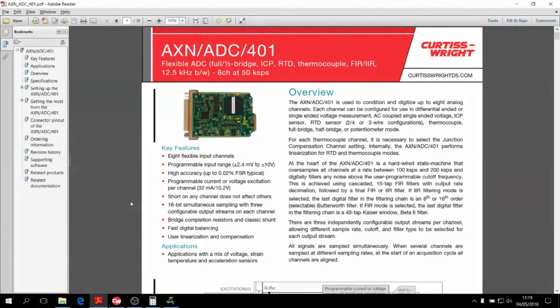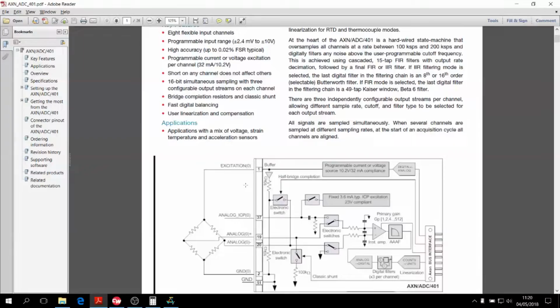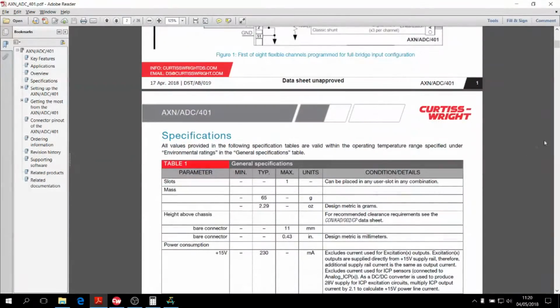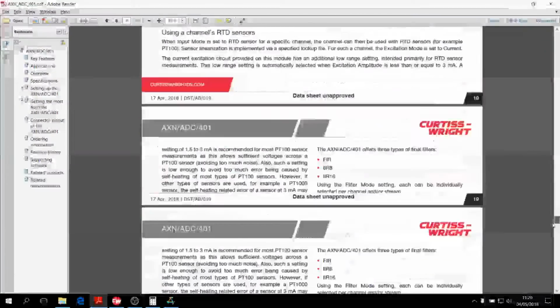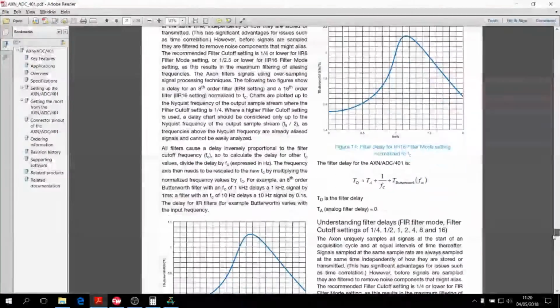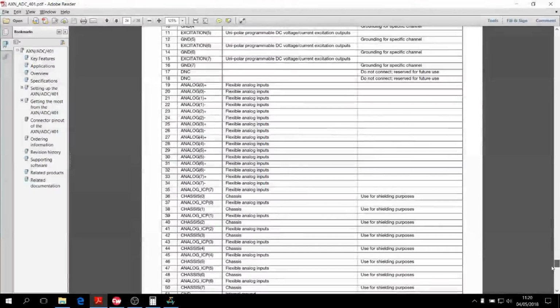So this is an overview of the Axon ADC 401. It's an 8-channel flexible analog module. Each channel can be configured to use differential-ended, single-ended, AC-coupled, ICP sensor, RTD, thermocouple, full bridge, half bridge, or potentiometer mode. When you're running in differential-ended, single-ended, full bridge, half bridge, thermocouple or RTD inputs,